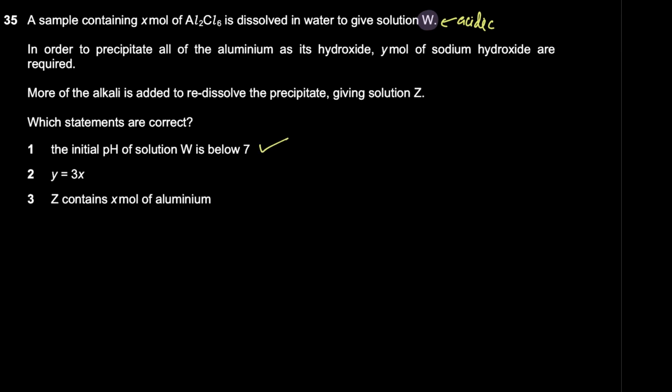And the second part, what they say is that Y is equal to 3X. So what that means is that the number of moles of sodium hydroxide is 3 times the number of moles of aluminum chloride. In other words, if I have X moles of aluminum chloride, I'm going to need 3 times that number of moles to precipitate that aluminum chloride entirely. So let's construct an equation. If I have Al2Cl6 reacting with sodium hydroxide, what I form is the hydroxide, which is the precipitate here, so Al(OH)3, plus I have NaCl,